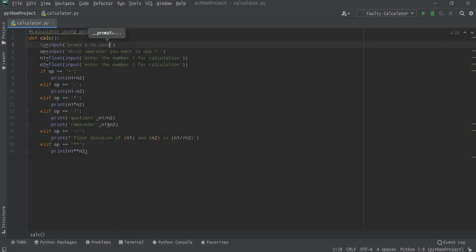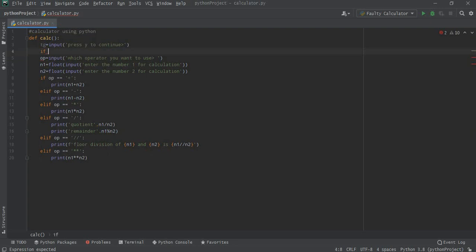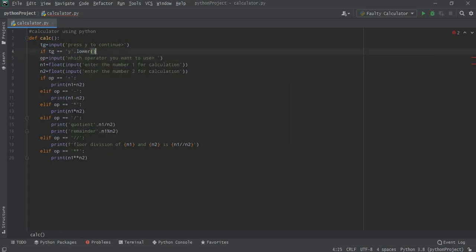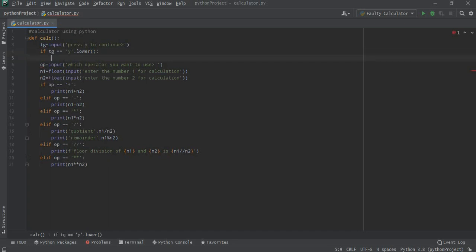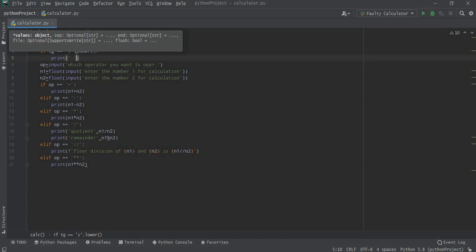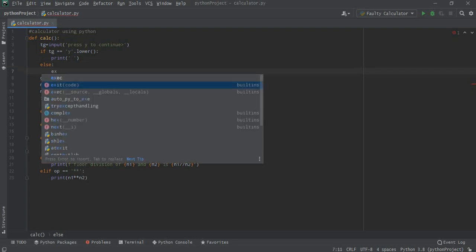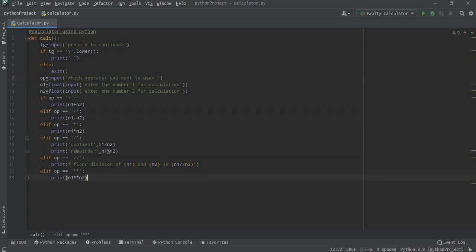Press Y to continue. Then we can use like that, and yeah, if TG equals Y dot lower, then it will simply print nothing and continue doing its work, else it would be exiting the program. And at the end,